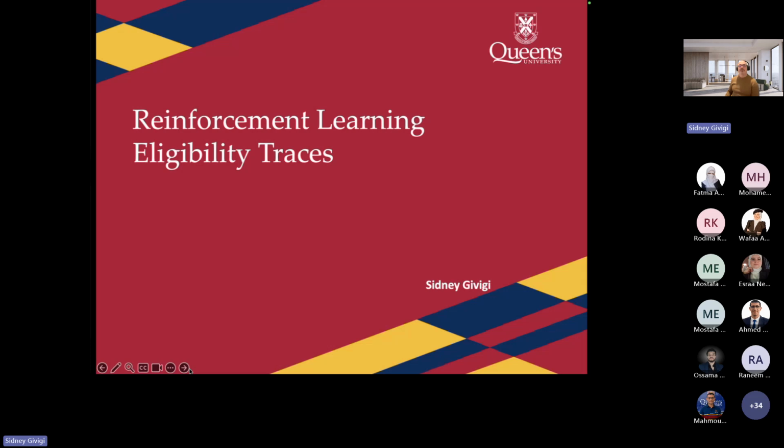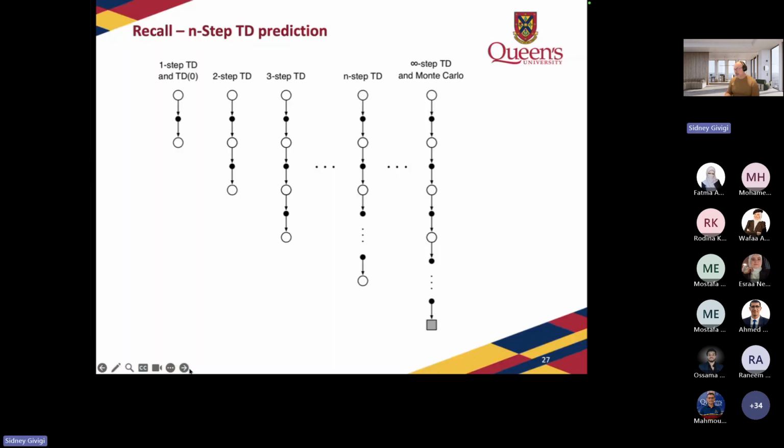Okay, so I mentioned this last time, that we can make a system to be as deep as we wish, right? Most of the time, when we use the temporal difference, what we are going to use is a one-step TD, also called TD0, right? So these are the same thing. One-step TD or TD0, this is the same thing. So this means that we have only one step here. So we are in a state T.